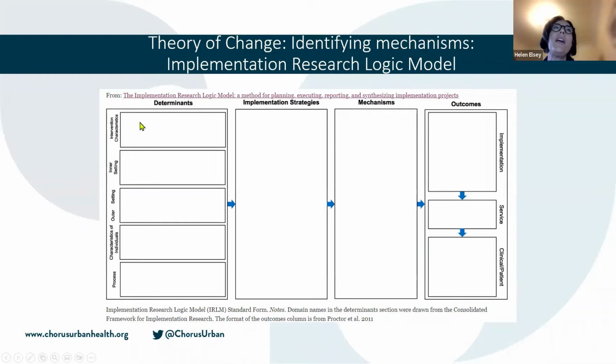So you're really thinking through, okay, what are the aspects of the health systems intervention, and how would you clearly specify each of these boxes here under the determinants? And then how are they actually going to be implemented? What is it that is going to make this change happen? What are the mechanisms that mean that these implementation strategies will lead to these outcomes? And they recommend that you identify outcomes around implementation. So that could be things like